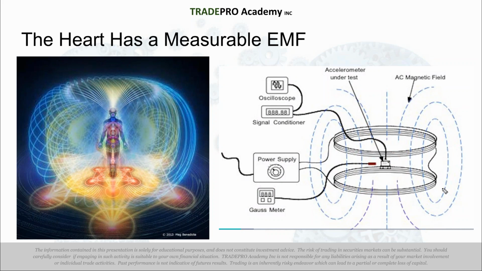Now, when it was measured, the group doing the research said the following. They said you can only measure the EMF from a human's heart up to 8 feet away. And one of the guys asked the researchers, why only 8 feet? Like, what is it about 8 feet that makes the heart measurable? And the researcher laughed and said, that's the limit and capability of our technology. That's all that we could measure. After 8 feet, it loses its sensitivity to pick it up. But theoretically, it could be infinite.